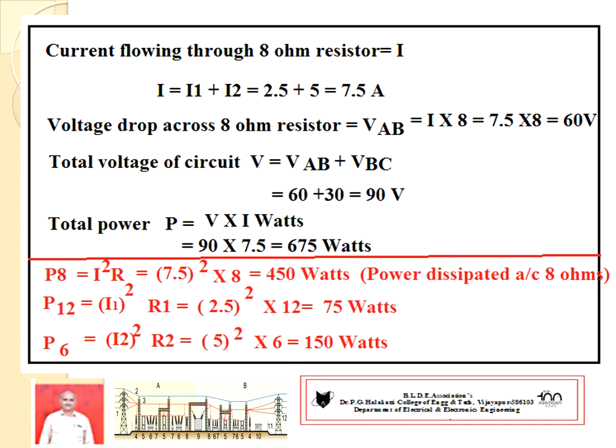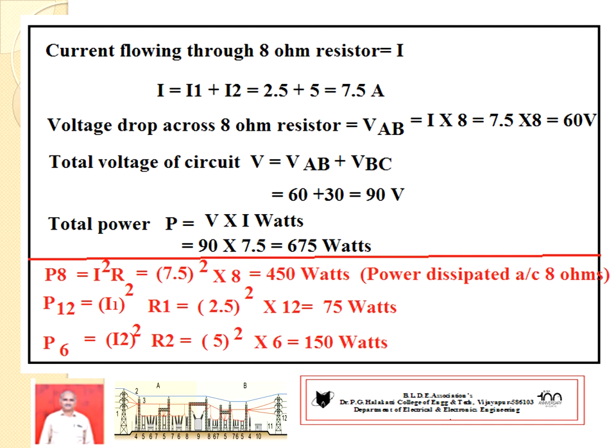In similar fashion, as an extension of the problem, calculate the power across each resistance. Then what do you have to do, sir? Very simple. We have to take I square into R. I is available, R is available, the respective current and respective resistance. Now, for example, the power dissipated in the 8 ohms resistance. Current flowing is I, which is 7.5, and R value is 8. Then 7.5 square into 8, I square into R, it becomes 450 watts. This is the power dissipated across the 8 ohms resistance.